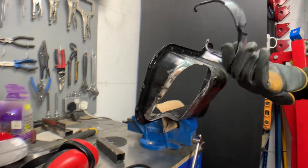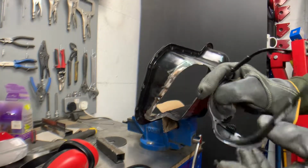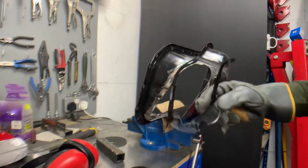Well, I don't know what's up with my left nostril, but these Draper Expert anti-fog glasses seem to be fogging up quite a lot. Anyway,